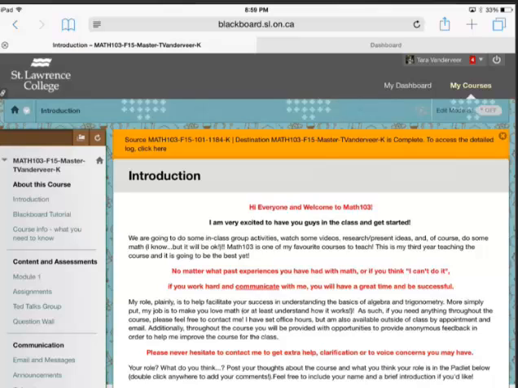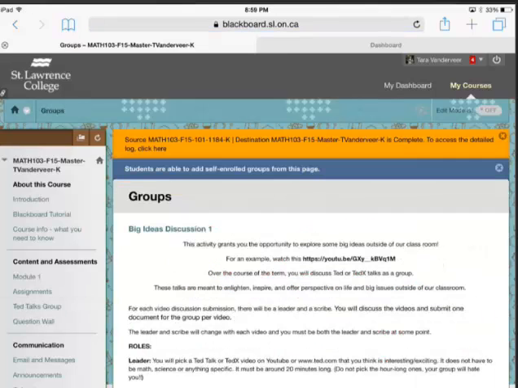Hi everybody, I just want to give you a quick tour of how to use the groups function in Blackboard. This is going to be specific for your TED Talks discussion groups. Over on the left you can see content and assessment. Here you have a link for TED Talks group, so click that and you should end up at a page